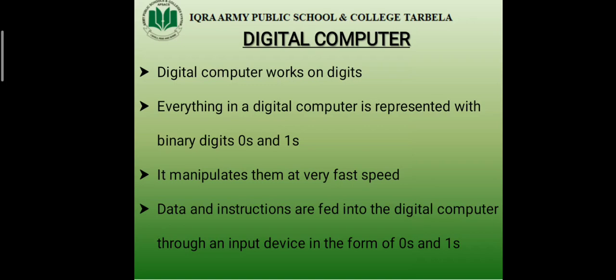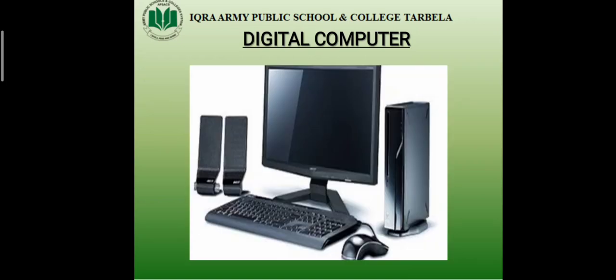The computer performs calculations on the data according to the instructions, and the results of the calculations are displayed on the monitor or printed on the printer. Digital computers can store and process large amounts of information at high speeds, and the results produced by digital computers are very reliable and accurate. They are general purpose computers and they are used in various fields. The computers that are being used today, the microcomputers, are basically digital computers. They work on binary digits.